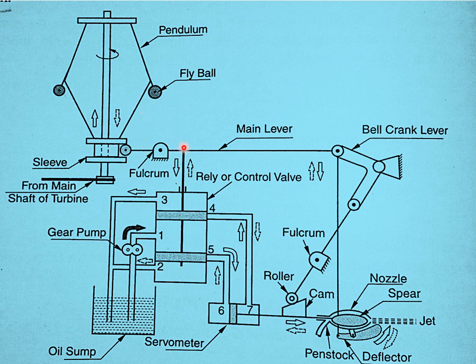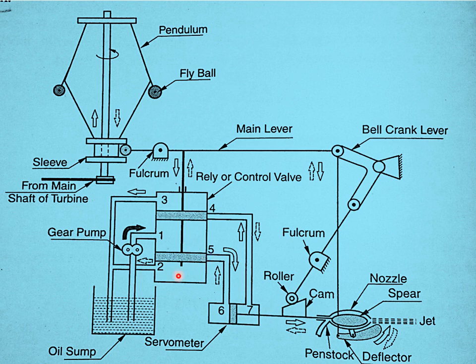When it moves upward, then the piston of the control valve moves downward, and due to its upward movement, the other part of the crank lever also moves downward. When it moves downward, the deflector moves anti-clockwise. When the deflector moves anti-clockwise, it deflects the jet and discharges it to the tail race. And due to this downward movement of the piston, port 3 is connected with port 4, and port 1 is connected with port 5.